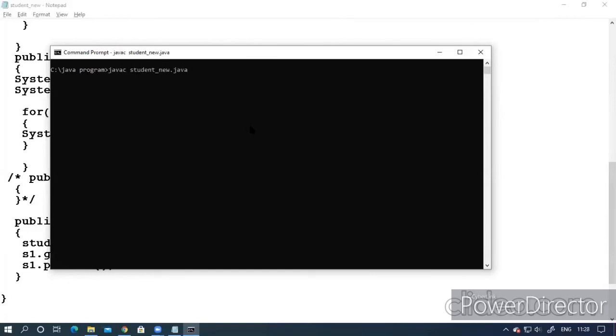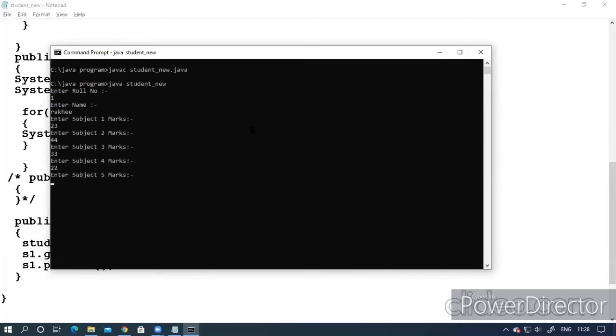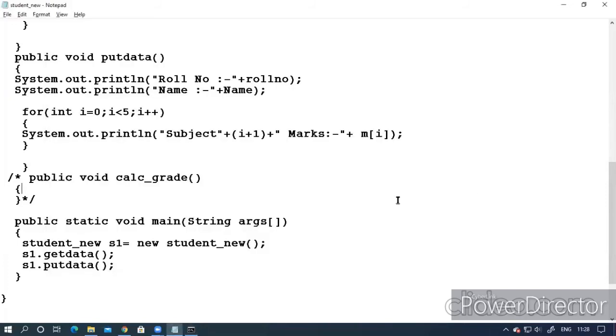That's why I got an error. Enter roll number. Then I will input a string. So this is my subject 1 marks, subject 2 marks, subject 3 and 4. Give a blank space.